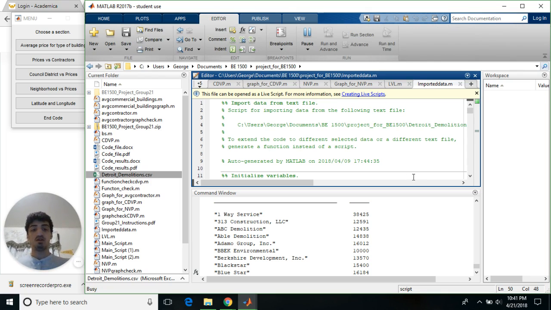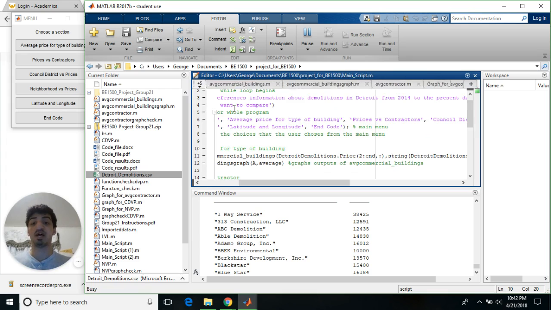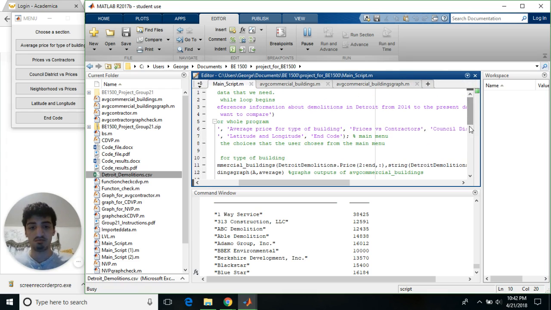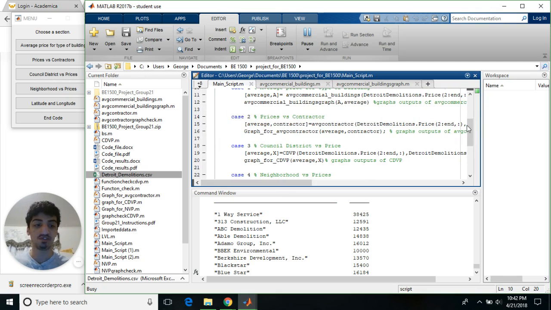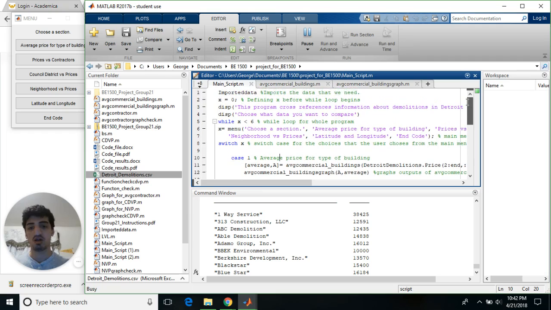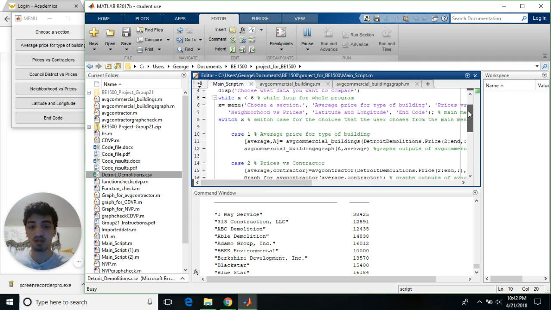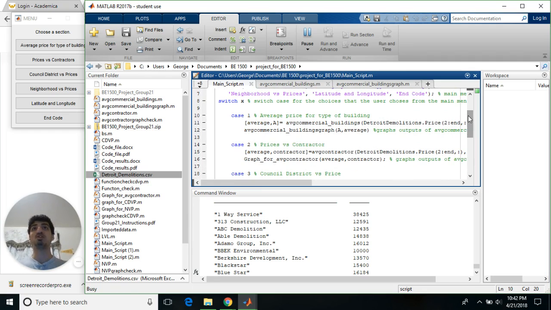So this code really taught us how to use MATLAB. It uses all the knowledge of MATLAB that we learned in this class because it uses everything. It uses while loops, for loops, if statements, switch cases, menus, nested loops. It uses every single thing that we've learned in this class, and it asks us to do more, and it asks us to make functions of this function. It asks us to take the inputs of this function and make them into the outputs of this function. Everything that we've learned in class so far has been used in what this project has asked us to do,